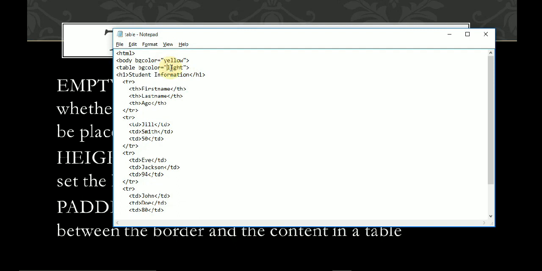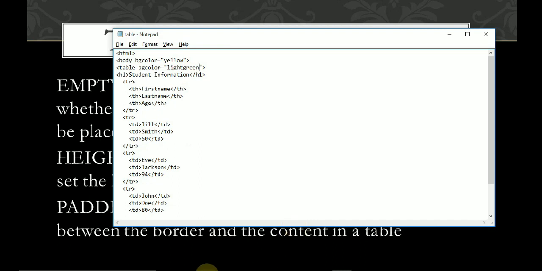After writing it, what we have to do? Press Ctrl S to save the program. Whatever we have edited here, we just set the attribute in between the body and the table. If you are writing the bgcolor in table, then the color is set for the table only. If you are writing the bgcolor attribute in the body tag, then it will apply in the whole screen. Okay, light green. Then press Ctrl S, then see the output.